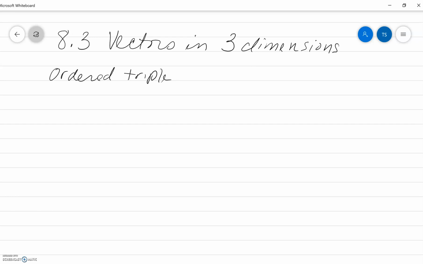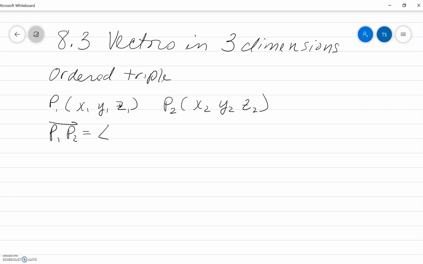If we have 2 points, P1 with x1, y1, and z1 as its ordered triple, and point 2 with x2, y2, and z2 as its ordered triple, the ordered triple to represent the vector from P1 to P2 would be found by x2 minus